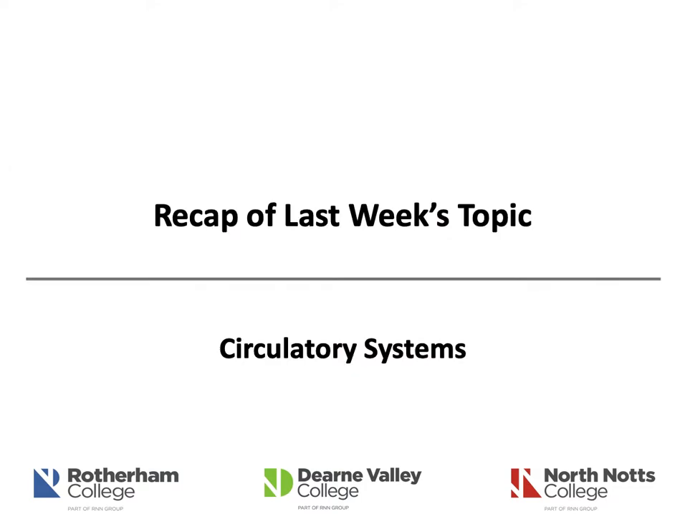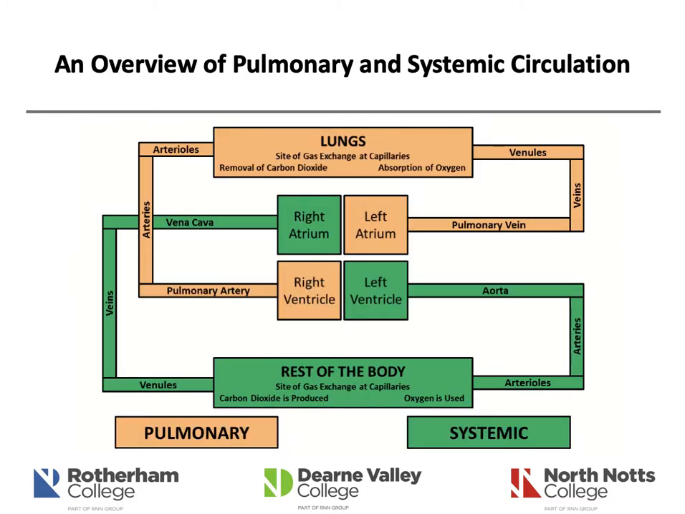So in terms of a recap of last week's topic, which explored circulatory systems, here is an overview of the pulmonary and systemic circuits. So in green, you can identify the systemic circulatory system, and then within the tan colour is the pulmonary circuit. As you can see, the pulmonary circuit is transporting blood from the right ventricle to the lungs for ultimately carbon dioxide to be removed and oxygen to be absorbed, and is then transported to the left